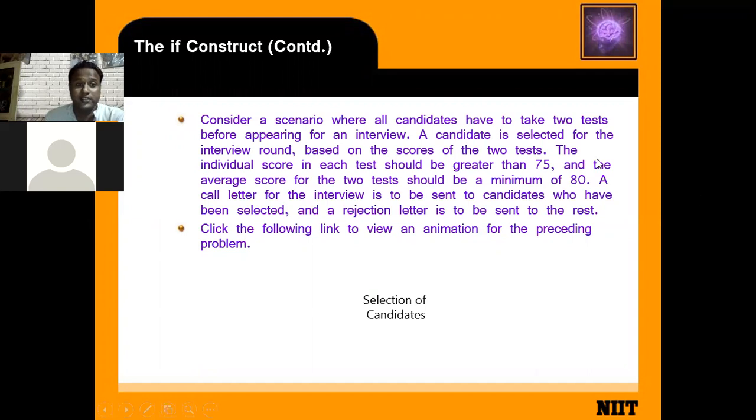The individual score in each test should be greater than 75, and the average score of the two tests should be a minimum of 80%. Then a call letter for the interview is to be sent to the candidates who have been selected, and a rejection letter is to be sent to the rest.